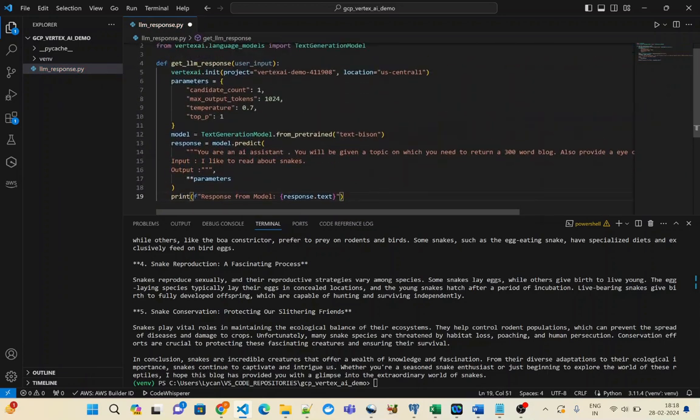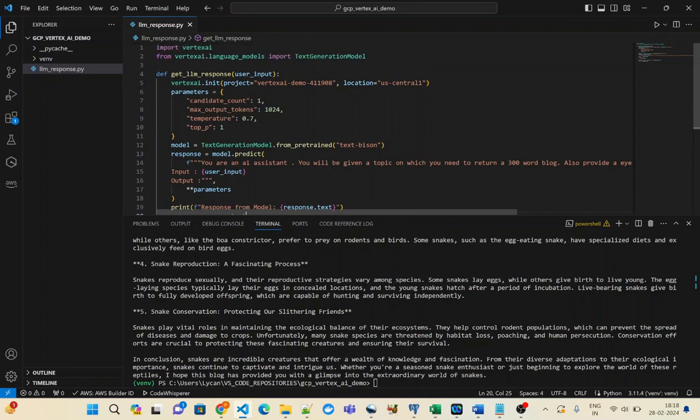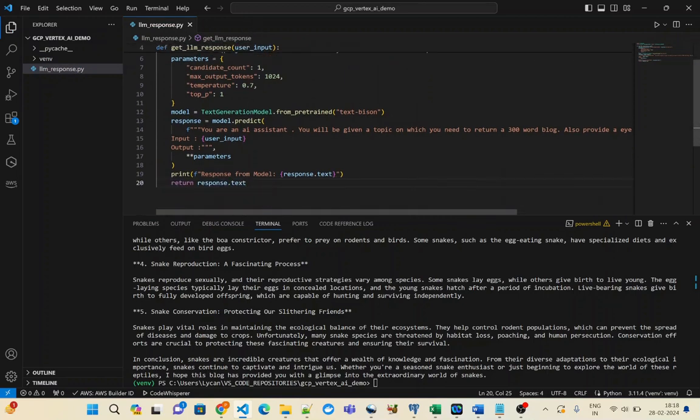This user input needs to be passed here as a prompt, so I am just converting it to user input, and then I simply return response.text. So this is my function which will be taking a user input and returning the output